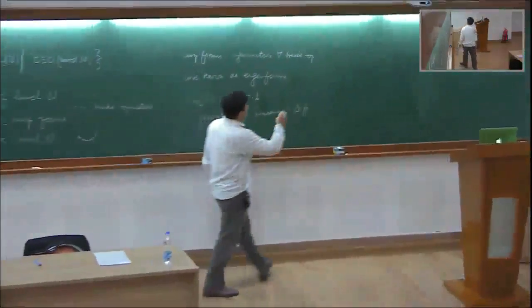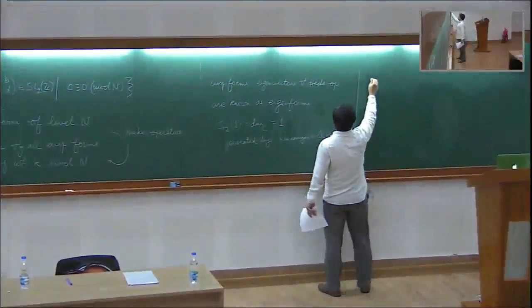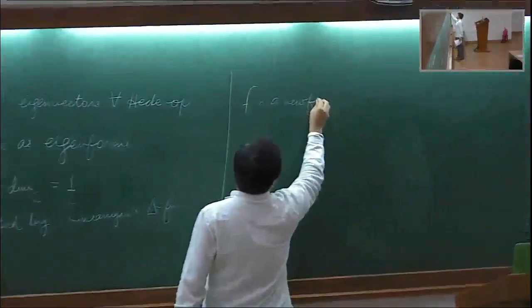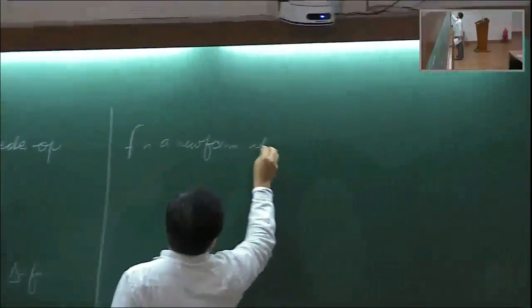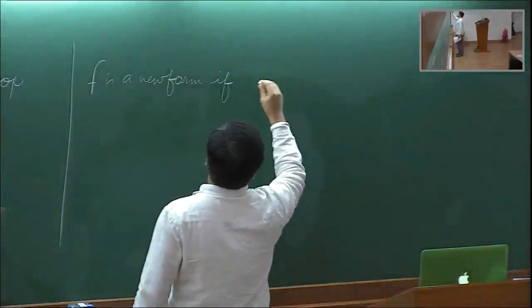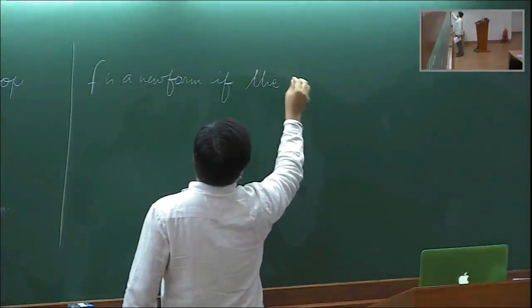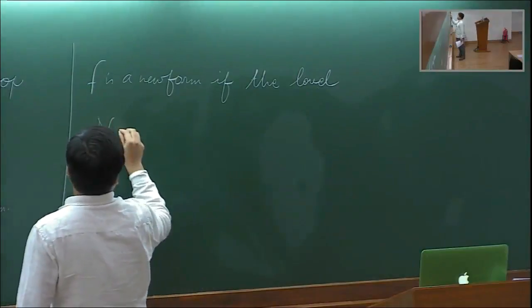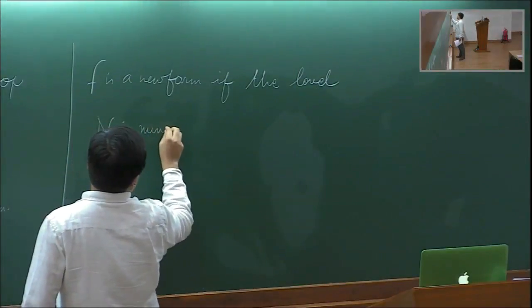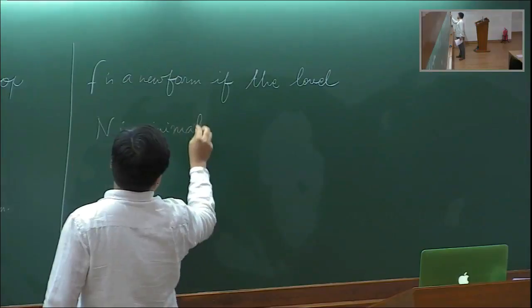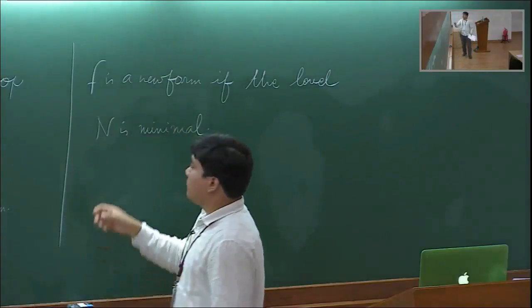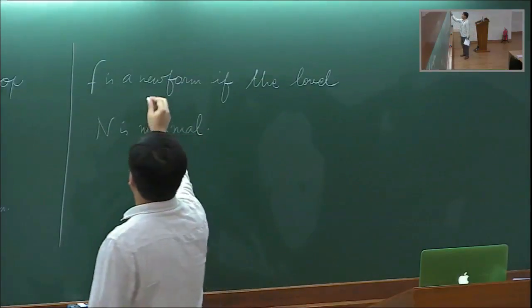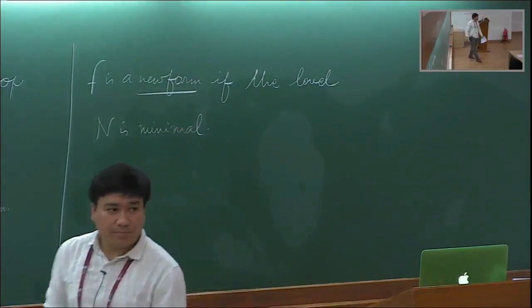So F is a new form if the level n is minimal, in the sense that F does not arise from any level which is lower than n,